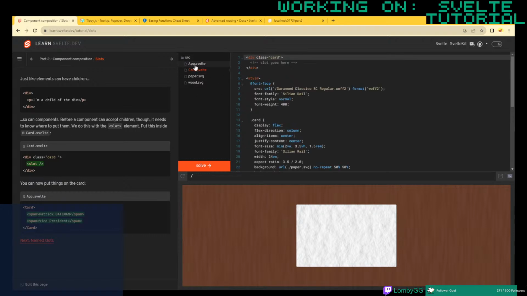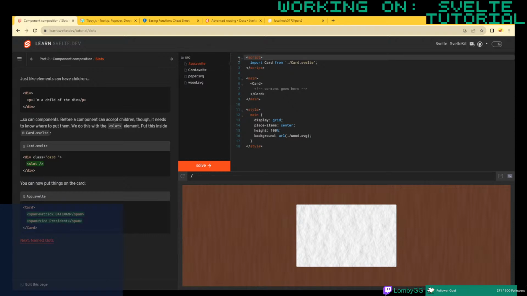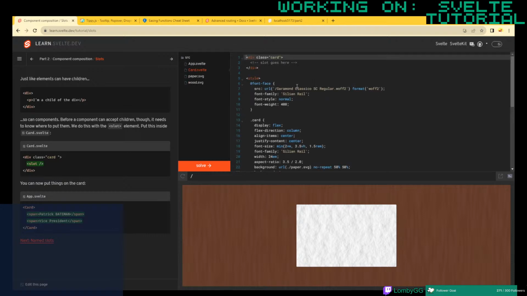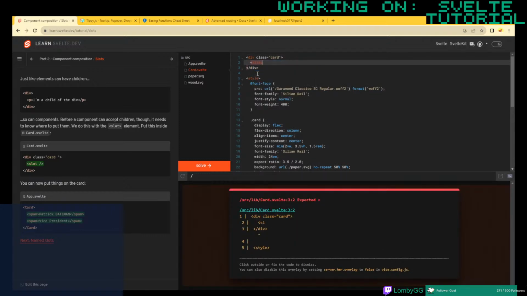So we have our root app that we're importing our card component from here, which has these paper and wood SVG elements in it as some of its backgrounds. So we just add a slot inside